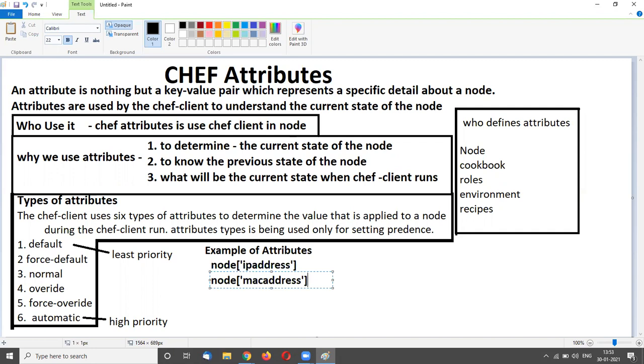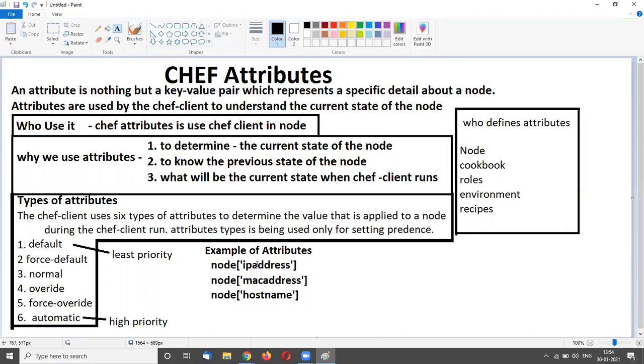And also we can use the same for node hostname. So we use this type of attributes in our code, in our recipe, in our cookbook.